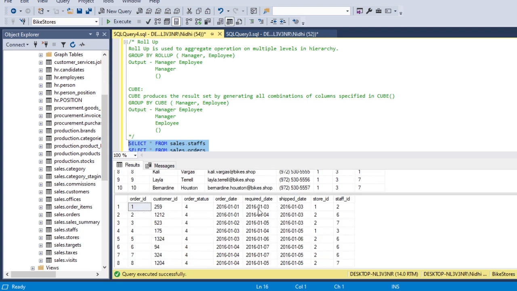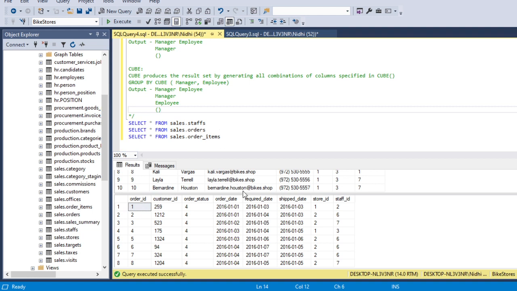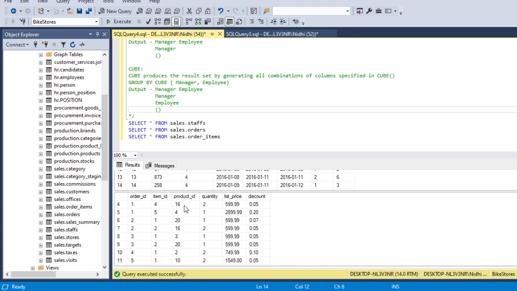Our second table is sales dot orders. In this table we have information related to orders, like order ID, customer ID, order date, ship date, and so on. And the third table is order items, where we have information related to all the items and their list price, quantity, and the discount on them.